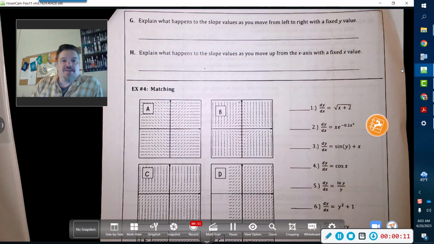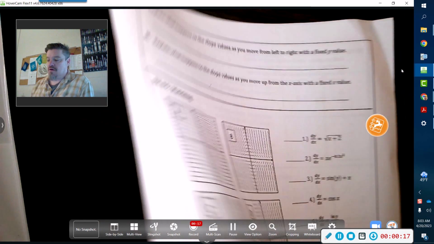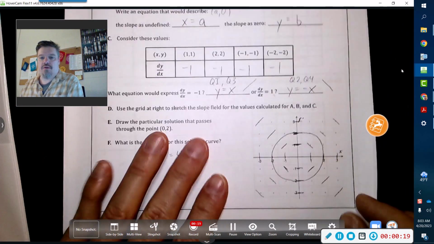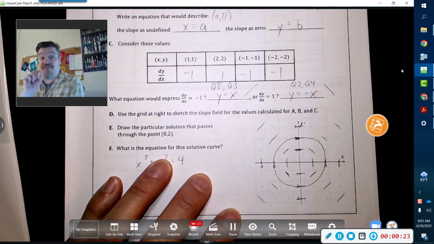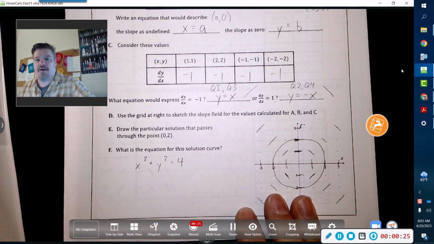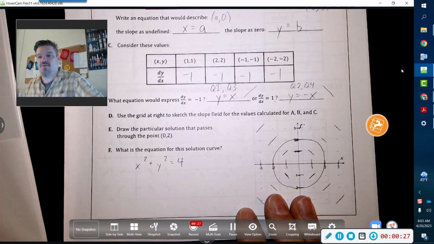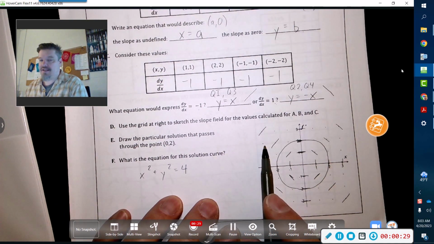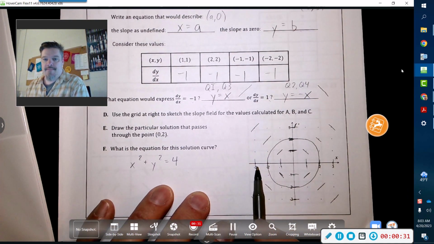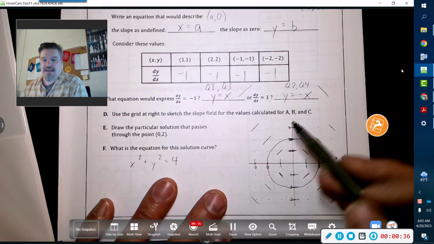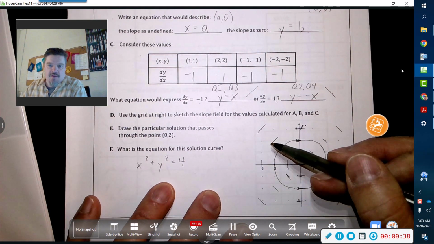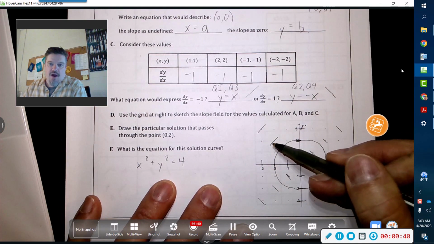So explain what happens to the slope values as you move from left to right with a fixed y value. If we are looking at this one, we're moving from left to right, at a fixed y value. I'm just going to pick this one, let's say right here. Now as we move across, if you notice that if the derivative, y prime, is actually